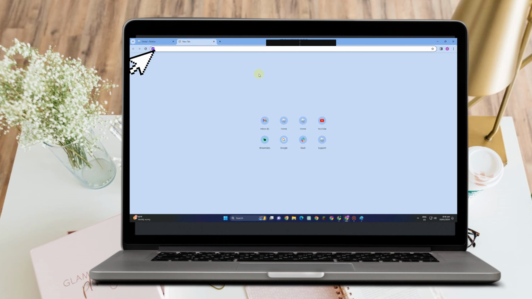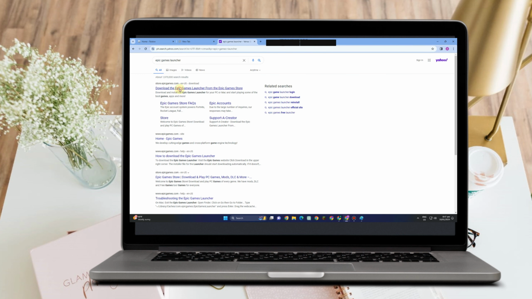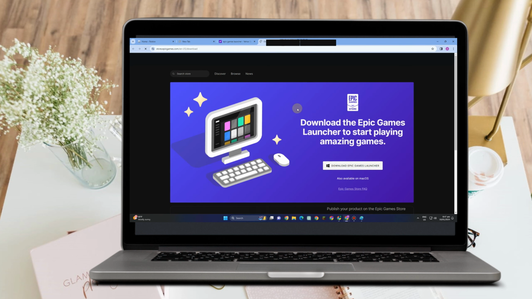First, you just have to go to any web browser and make sure that you have downloaded the Epic Games Launcher. To do that, you just have to type Epic Games Launcher and then click this one. Click the very first link that you can see and then tap download, or you can see this install this to your computer, or it's also available to your Mac OS. So all you have to do is to click this download right here, open your download folder, and then run